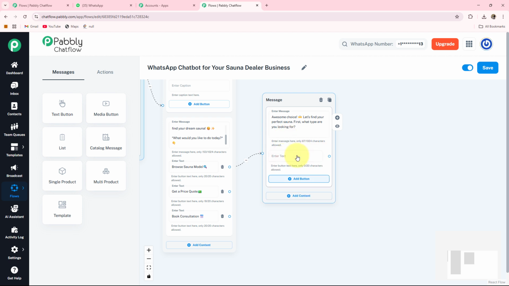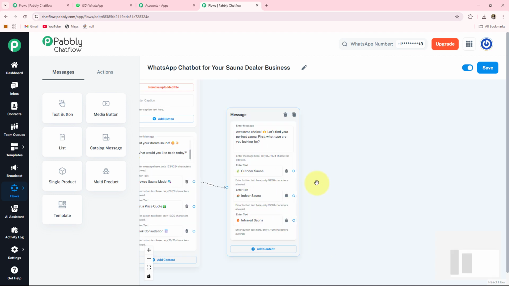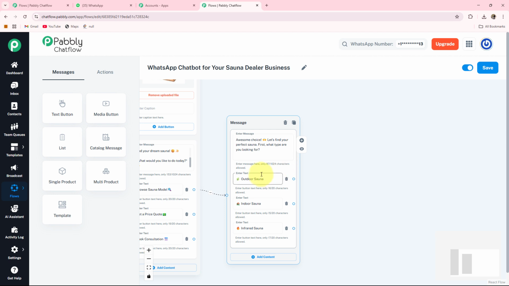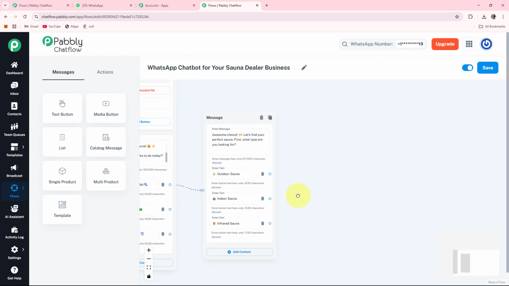By clicking on this plus add button, it will provide me one enter text box where I can write my first Sauna model type as outdoor sauna. The second sauna model I'll write as indoor sauna, and the third sauna model I'll write as infrared sauna. Here I write it. After that, if my customer wants to book an outdoor sauna from my sauna dealer business,